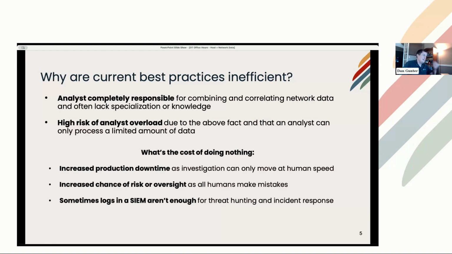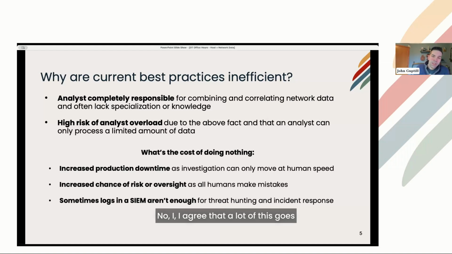John, what do you think? No, I agree that a lot of this goes to analyst overload and where they are going to be pulling this information from. How in depth are they going to be? Because with OT information, you're going to have things that are more remote, like substations and other locations that you may not normally have insight into with where your SIEM is pulling logs from. So yeah, I completely agree, there's so much going on in there. If you're not doing anything, you're going to miss it if you're not looking at it. And you have to look at both sides, both the host and the network data.